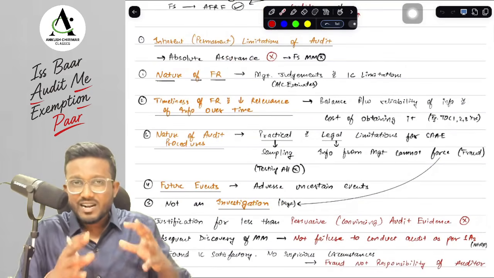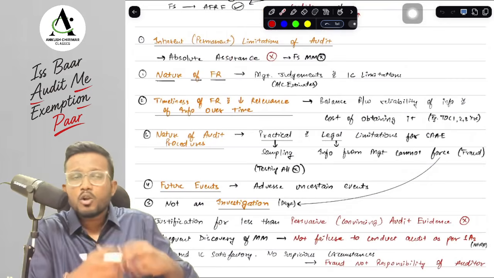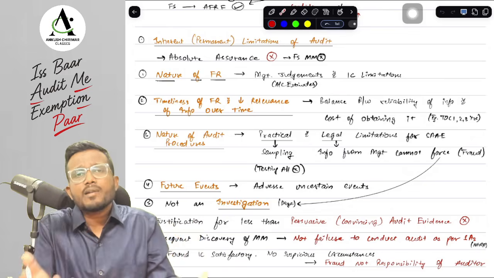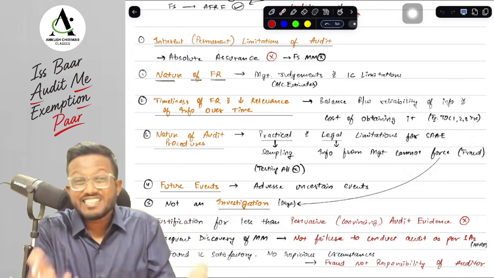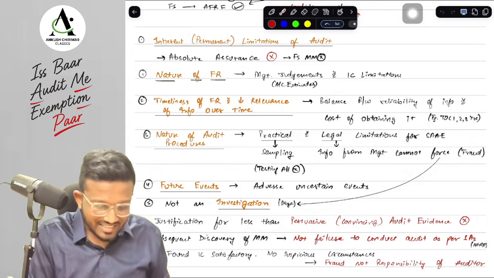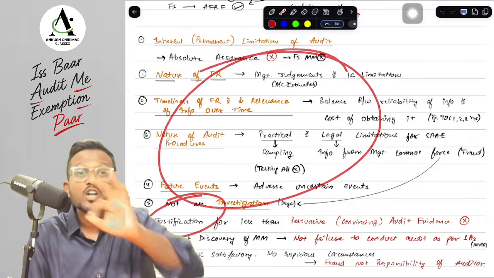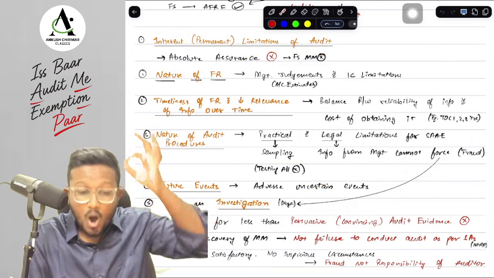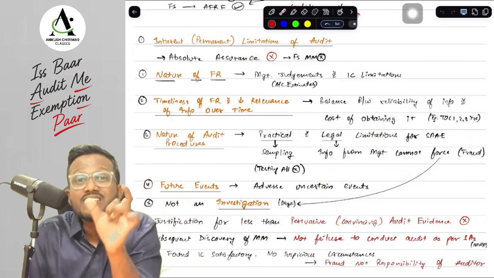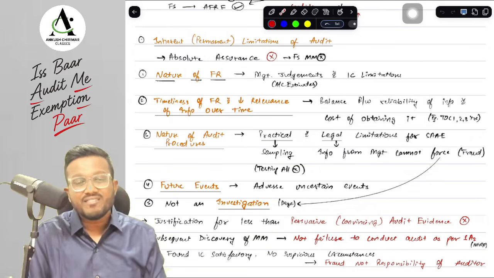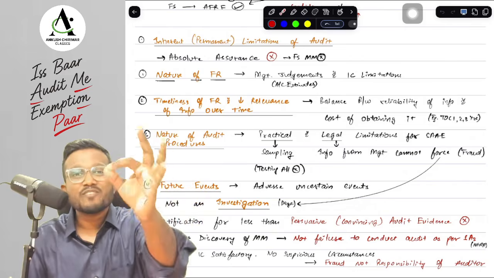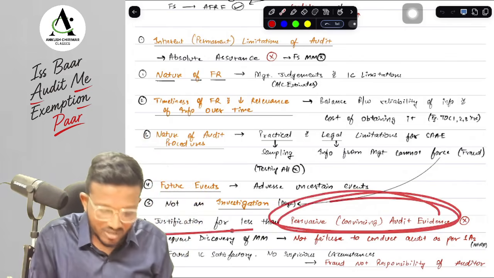Okay sir, so now there are inherent limitations of audit. So what we will do is we will not obtain any evidence, and afterwards if any fraud is found, we will say that there is an inherent limitation of audit, so we were not able to obtain audit evidence. Can we do that? No. ICAI is very precautious in this particular case. It is saying that the inherent limitations of audit are not a justification for an auditor to obtain less than persuasive audit evidence. What is persuasive audit evidence? Convincing audit evidence, sufficient and appropriate audit evidence, which means even if there are inherent limitations of audit, you will have to obtain sufficient and appropriate audit evidence. That's what ICAI wants to say.